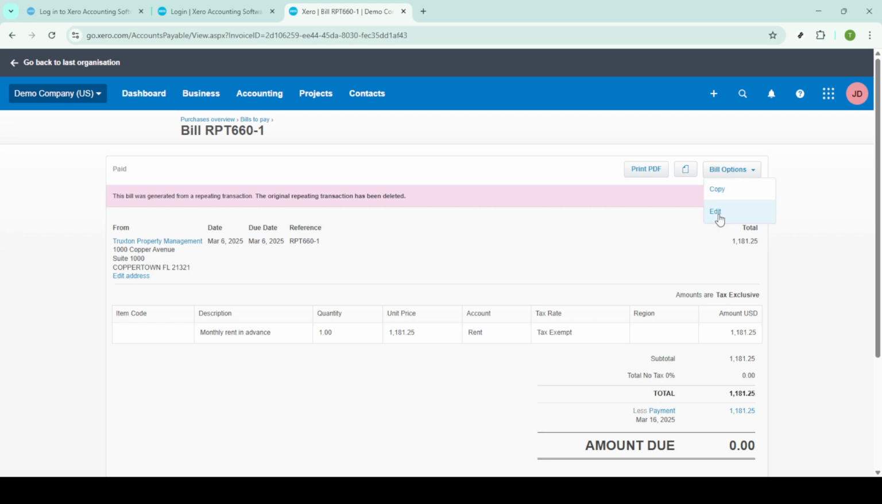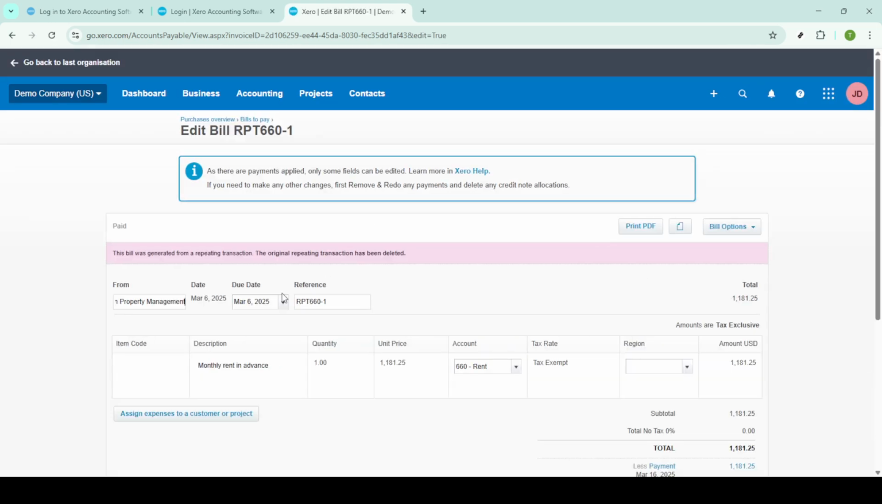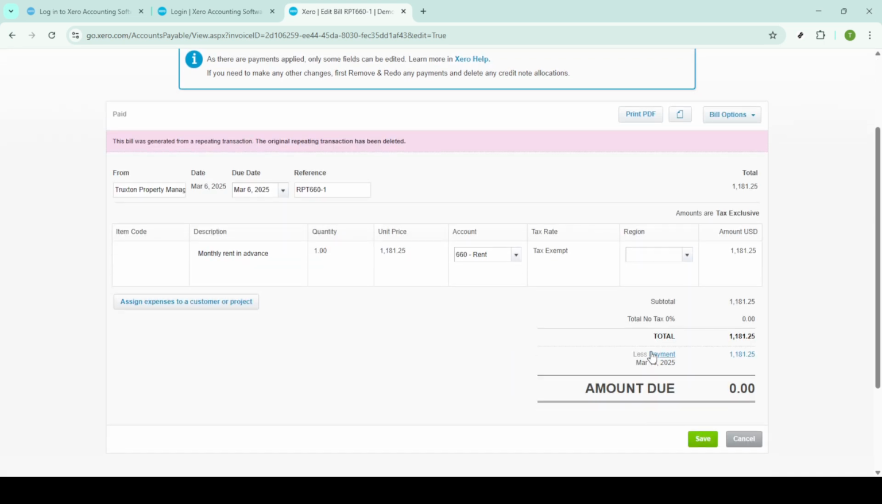However, sometimes more extensive editing is necessary. If that's the case, look for the Less Payment link within your bill. Clicking this will allow you to adjust the payment linking itself, which is the trick for proceeding to a full edit of the bill. To fully edit the bill, click on the Options menu next to the Payment section and